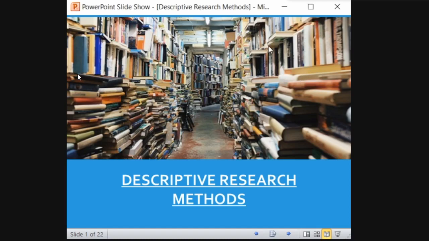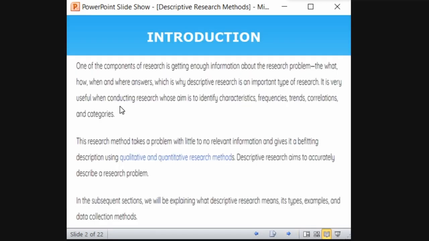Okay, in the last class about research methodology, we were discussing the various methods of research, and we discussed specifically historical research methods, right? So moving on from that, today we are going to discuss descriptive research methods. So let's see what descriptive research is and what the various research designs adopted in descriptive research methods are.